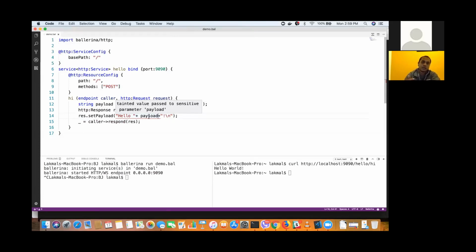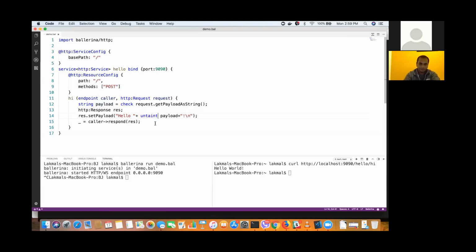Here we are going to pass some sensitive payload into the response. So either the user has to explicitly untaint it and pass it, or we can do some checking and then pass it. Again, the motivation is to reduce developers' mistakes.